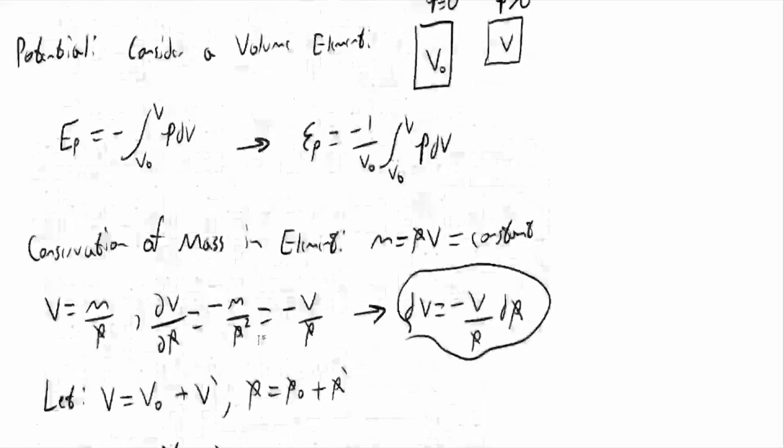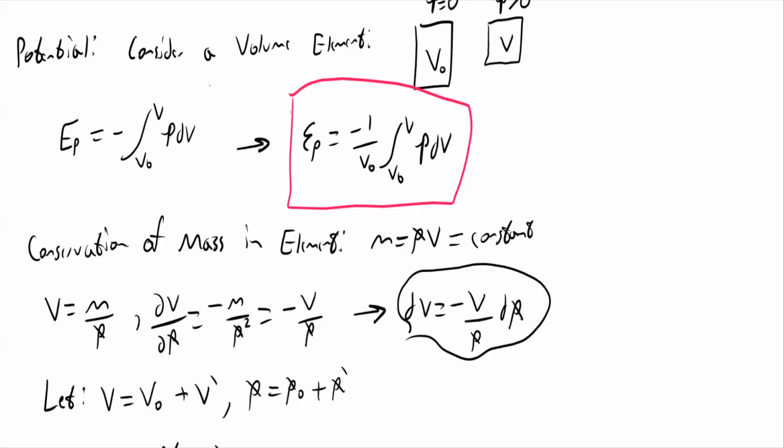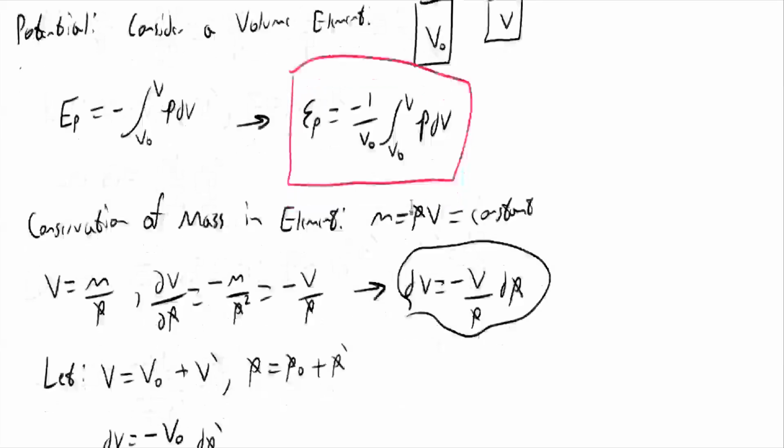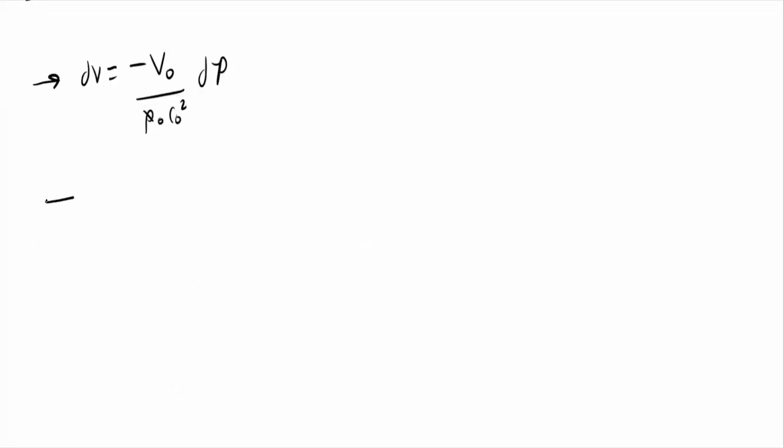Now recall this equation. I will circle it in a different color here. We're going to plug the result we had for dV into this. So we have that the potential energy density is 1 over rho naught c naught squared times the integral from 0 to P prime